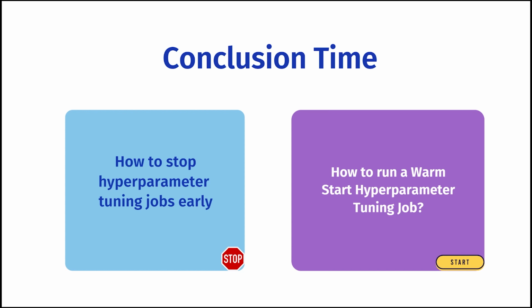SageMaker calculates the running average of the objective metric at that particular second. It then finds the median of all the values across different tuning jobs for that particular second. If the value for the training job is worse than the median value of the running averages of the objective metric for previous training jobs up to the same epoch, SageMaker stops the current job. This, I feel, is really amazing and makes the tuning job more sentient about what to do instead of wasting CPU cycles unnecessarily without achieving any good results.